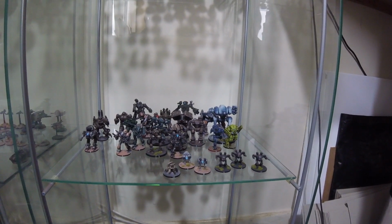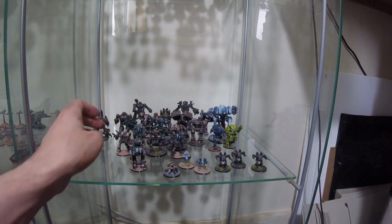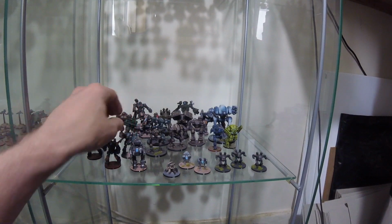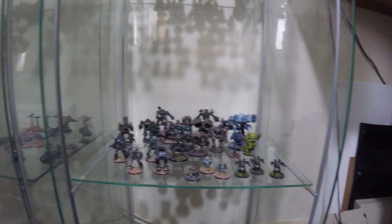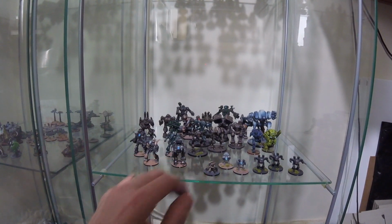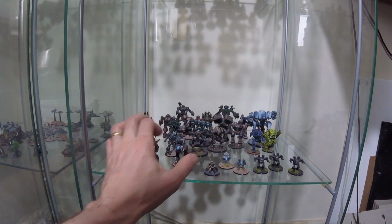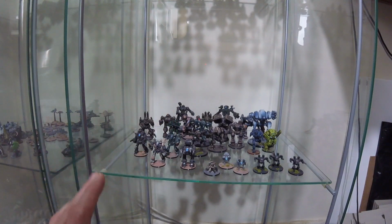So working our way back now into the slightly larger mechs, there are some important ones to pull out. We're going to pull out this one and this one and this one and this one. Here we go. So these four mechs are all from the same manufacturer. These are all EM4 Miniatures plastic mechs. So these are all plastic. They come on a sprue. On a sprue you get one of these, you get two of these, and there are...